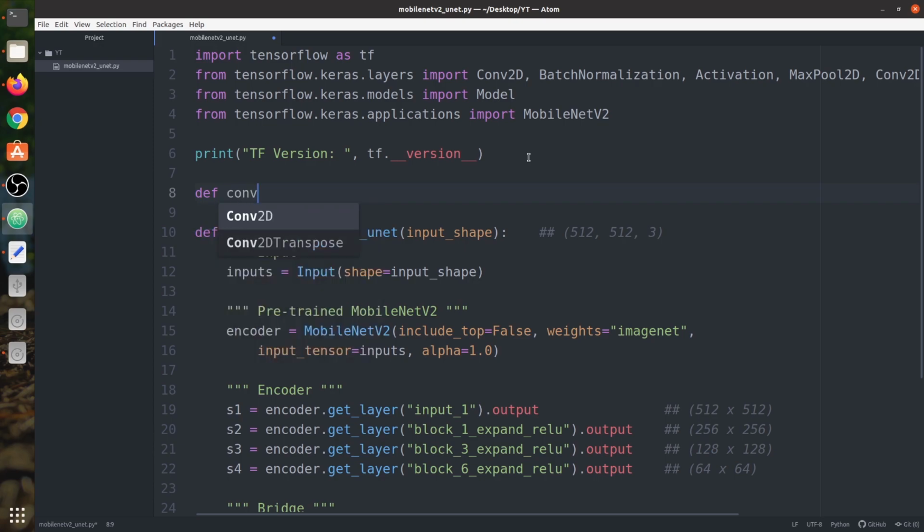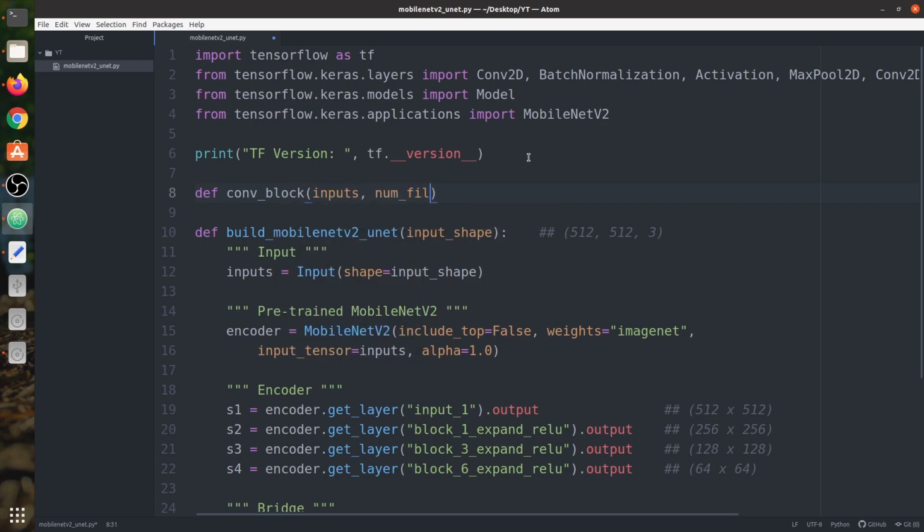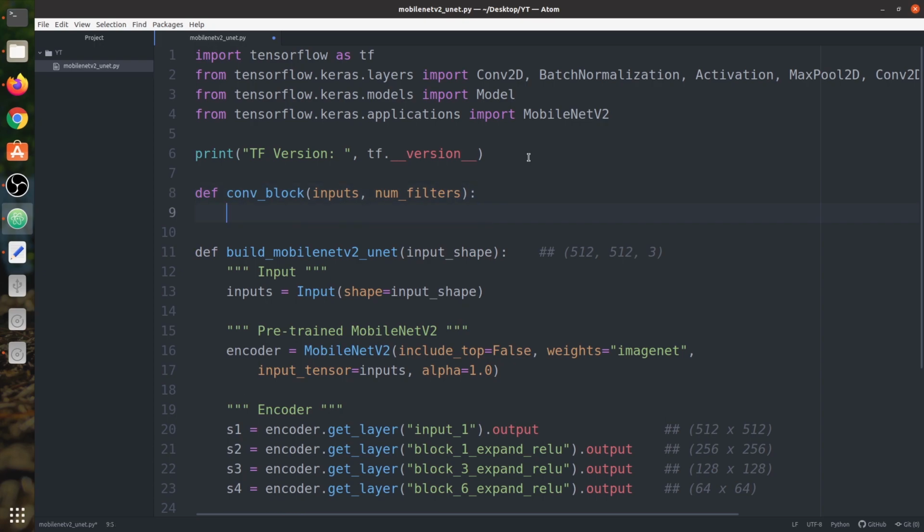So we're going to say def conv_block. This convolution block is used in the encoder, but here we have replaced the encoder with a pre-trained network. That's why we don't require it in the encoder. We're going to say inputs, then we need the number of filters. Next we're going to call the convolution layer. First it takes the number of filters, then the kernel size. Here we're going to use a kernel of 3 by 3. As we are using a symmetric kernel, I'm going to write 3 only, and it will automatically assume it's a symmetric kernel. Padding equals same.